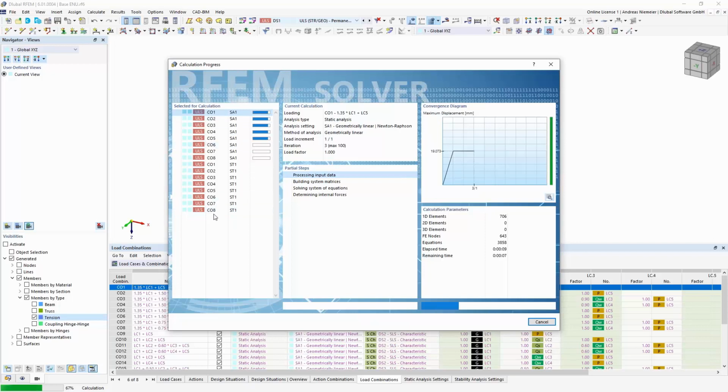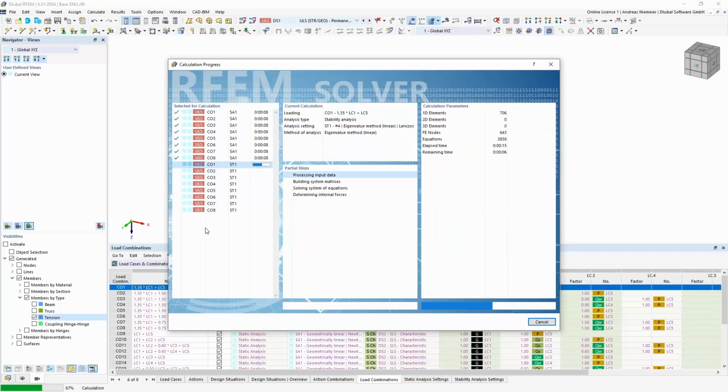So we would have to do the calculation twice, one for structural and one for the eigenvalues, but you get both in one by only checking one option. So you see the internal forces and deflections already calculated, and now we go to the eigenvalues, and now it's done.